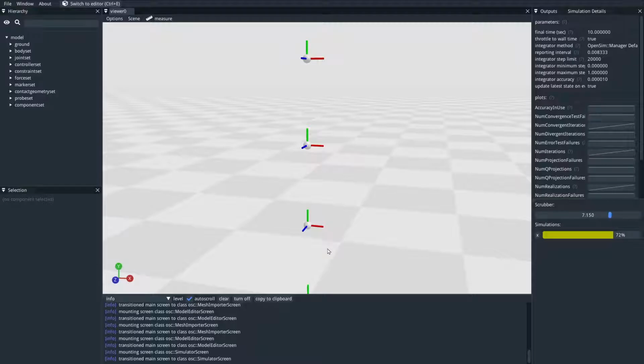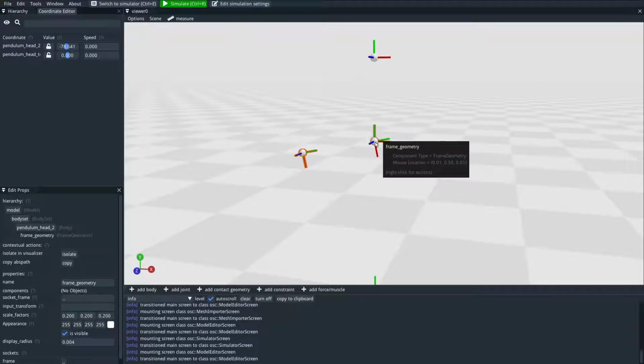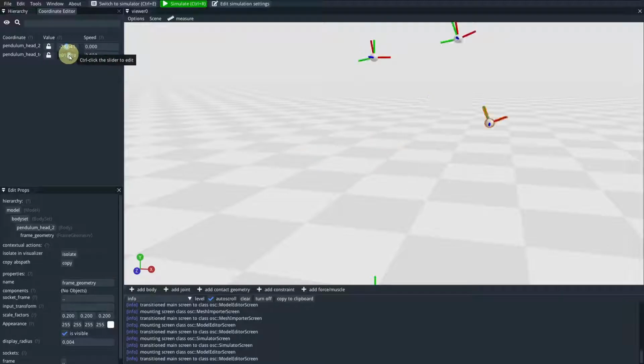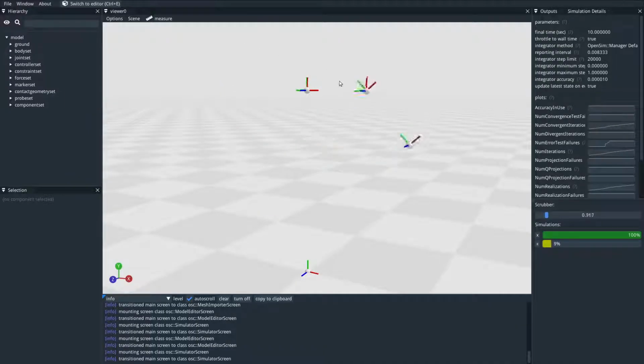The gravity is going down, there's no reason for this to swing. So if we go back to the editor, we can then play around with these coordinates. Now these are joint coordinates, and what this is doing is it's saying, well, this is the coordinate of this pin joint down here, right? And this one is the coordinate of this joint up here. And what I'm doing is I'm pre-swinging the pendulum a little bit, and if you simulate that, you can see